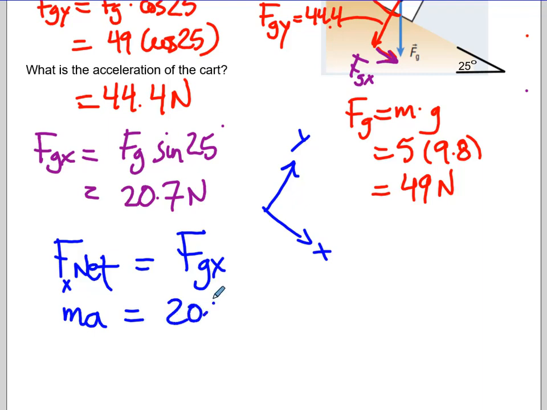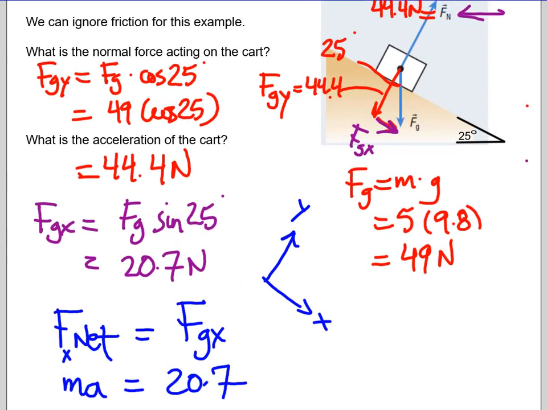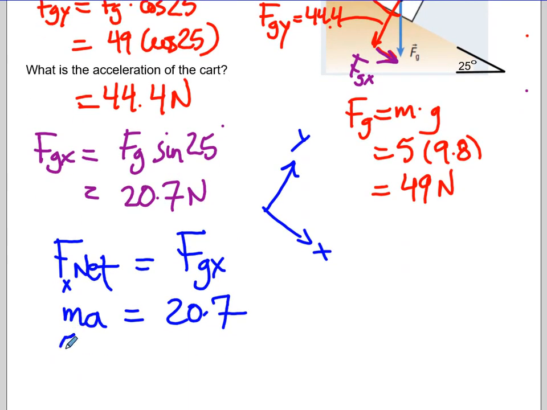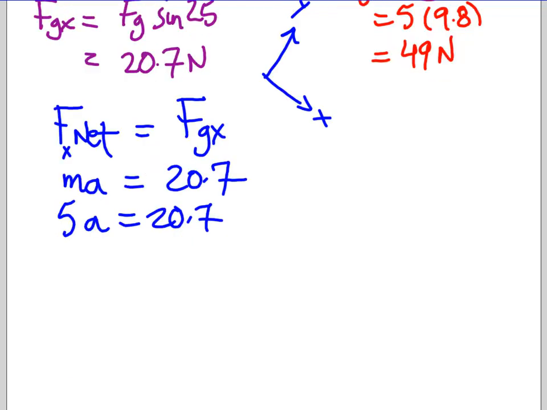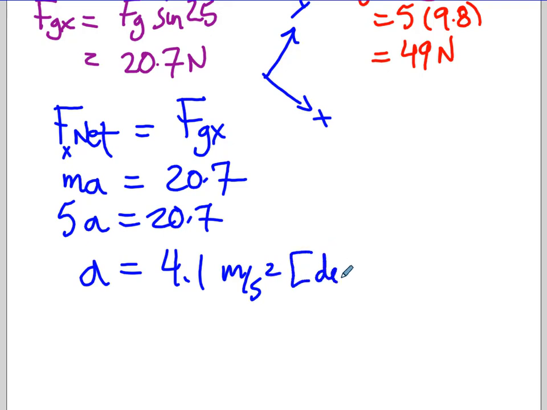FGX is 20.7. Mass was 5 kilograms. So 5a equals 20.7. So the acceleration equals 4.1 meters per second squared